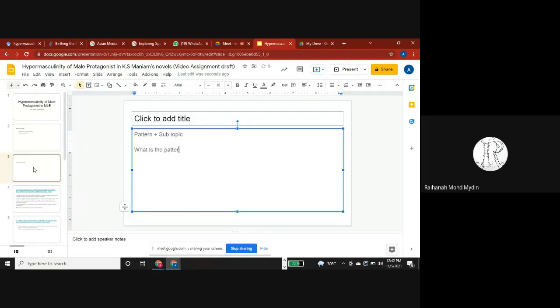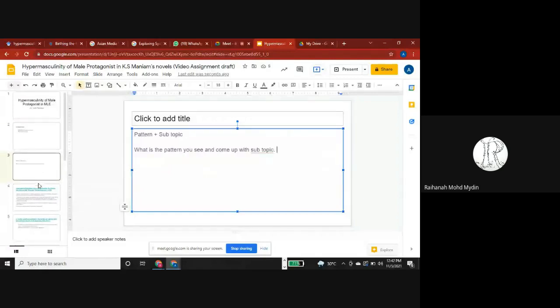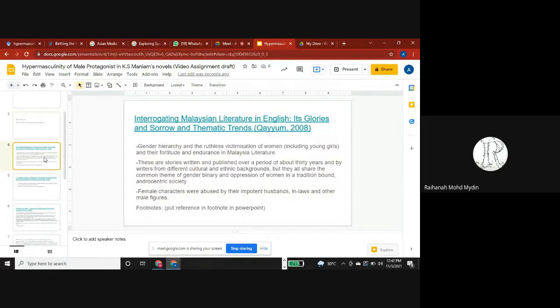Okay, so based on the references you have identified, there are two things you need to do. Number one, the references should not be the heading of your slide. They should be in the footnote section of each slide. So you need to add a footnote space to each slide, and then you bring the references down to the